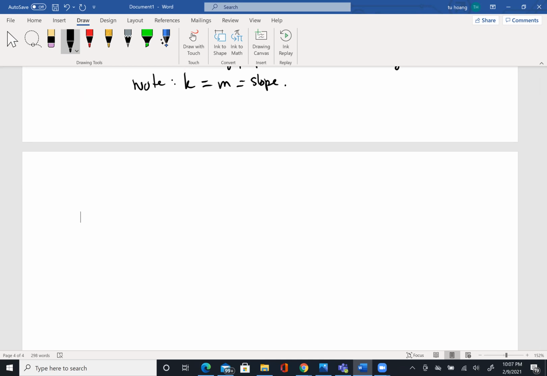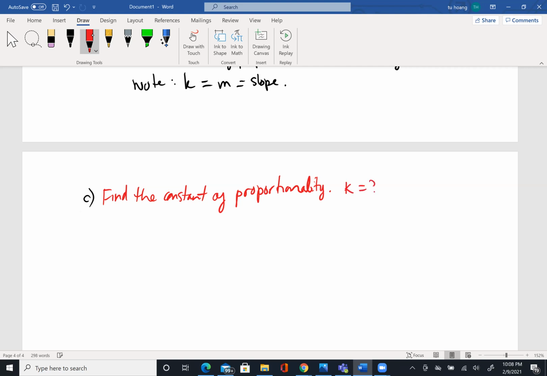C. Find the constant of proportionality. So we mean k. We should know that in here k is slope,